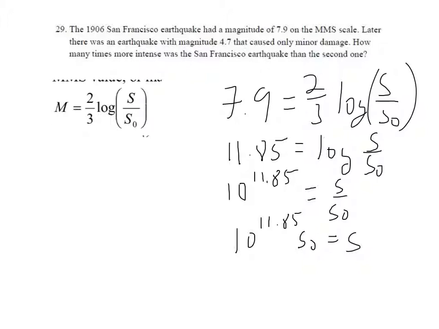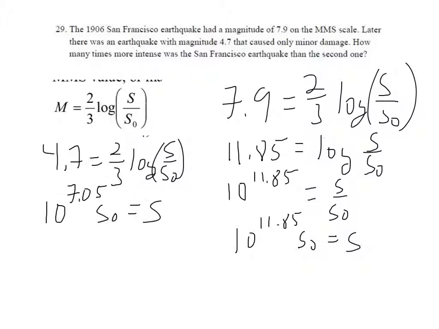Now we'll do the same thing for the other earthquake, which was 4.7. And if we walk through that same process, so I solved this equation using that same process: multiply by 3, divide by 2, then exponentiate it. So now we've got these two